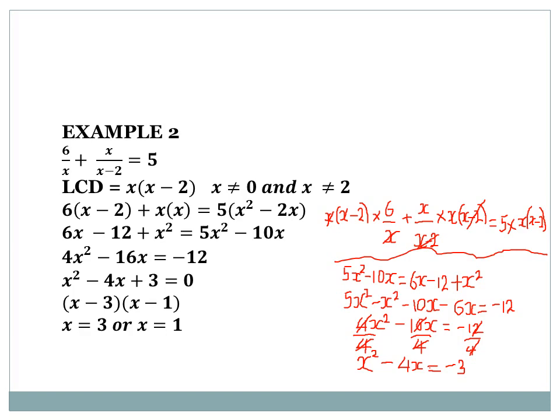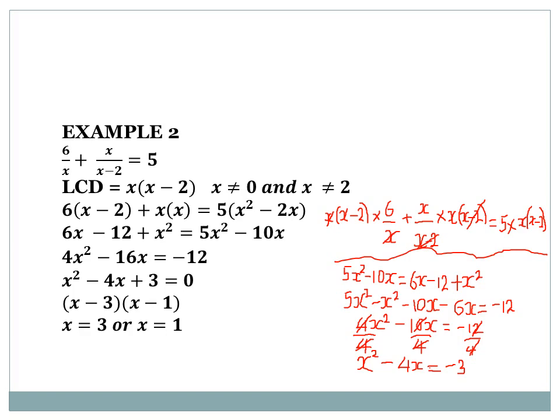First, we find the LCD. The LCD is the common denominator. So the common denominator is x in the bracket, x minus 2, bracket closed. What is the restriction? The restriction, x must not be equals to 0 and x must not be equals to positive 2. Notice here, if we say x minus 2 is equals to 0, the answer will be x is equals to 2. So now the restriction says we mustn't get an answer to be x to be positive 2,